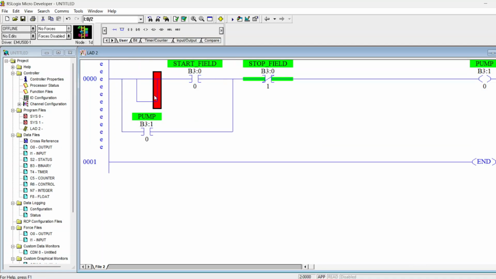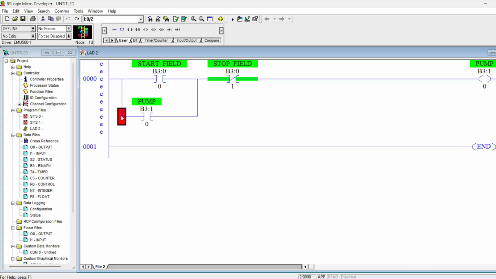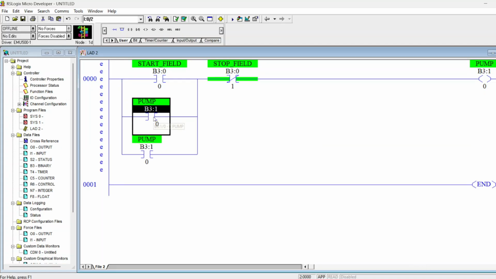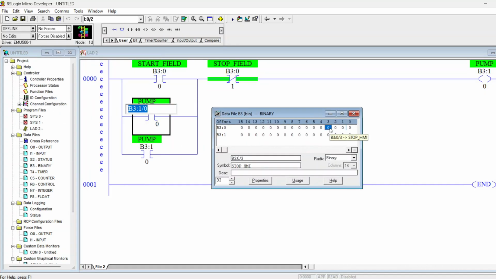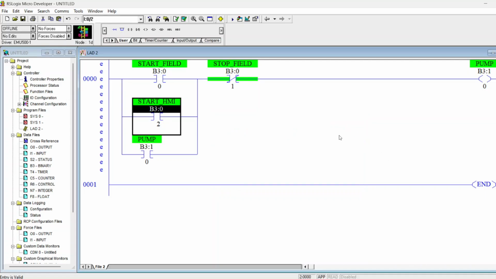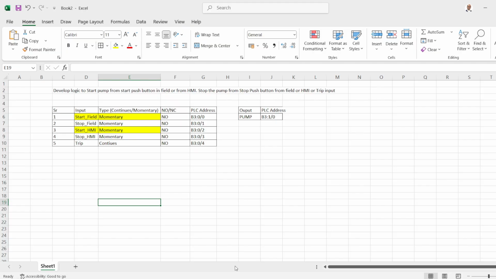We can make, or you can give the address of start from the HMI. Okay, so this two conditions, start from the field or start from the HMI, we are putting this in OR logic. Okay, so these start conditions come in an OR. Okay, now to